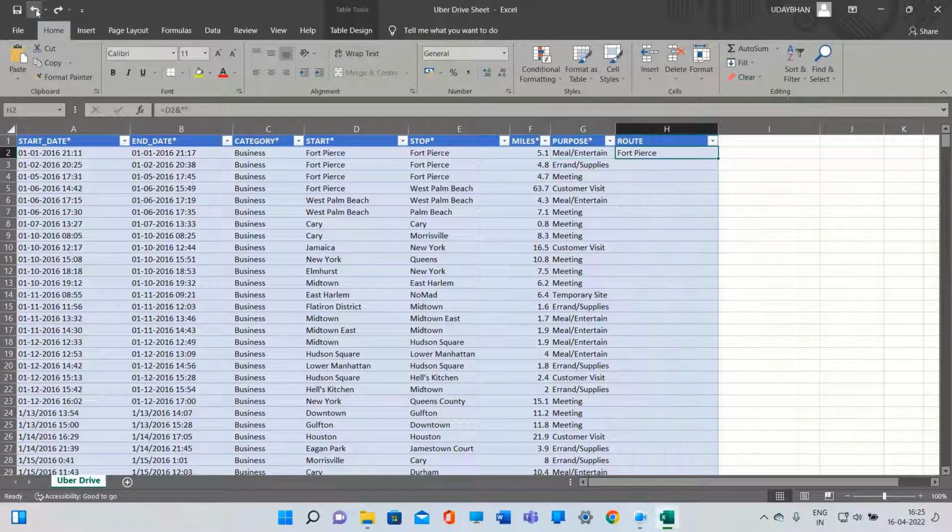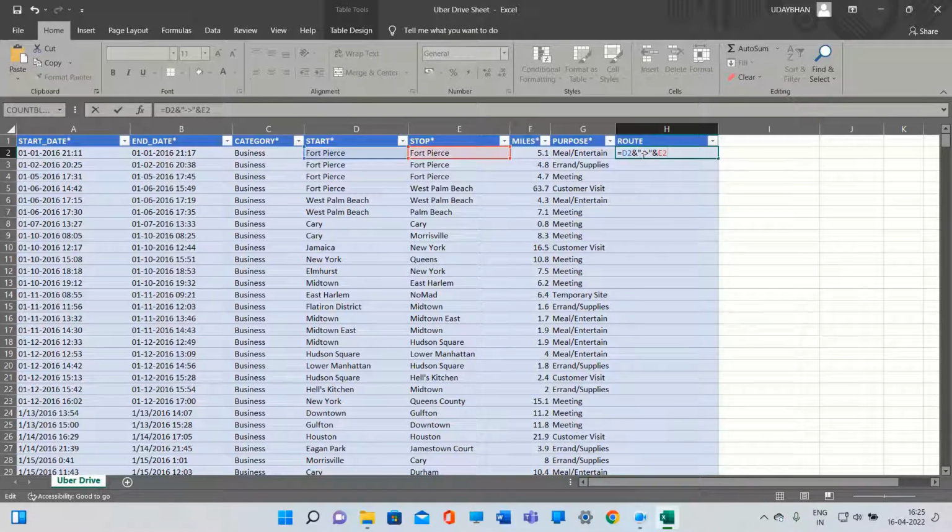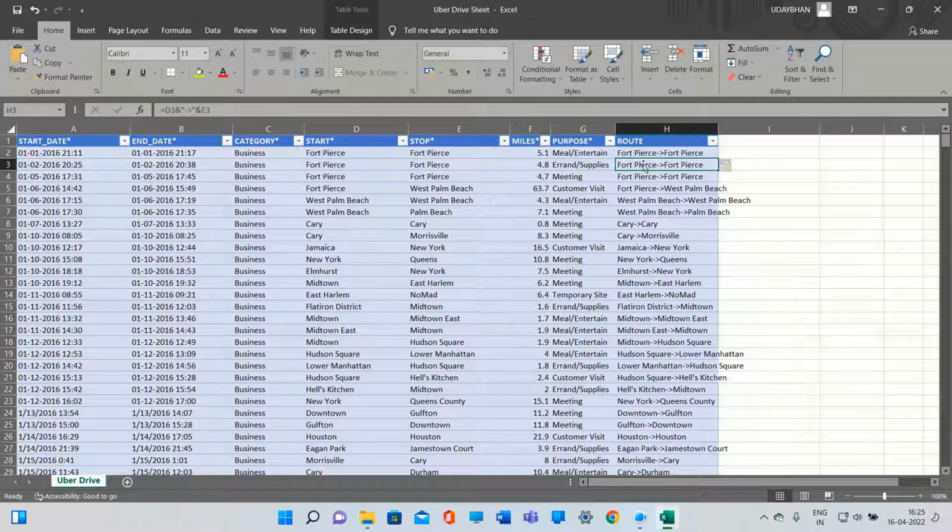Wait a second, I will do Control Z. So I will add D2 and one space, or I can do this also. D2 and then D2, after that E2. So E2, you can see here, pairs to pairs, pairs to pairs.